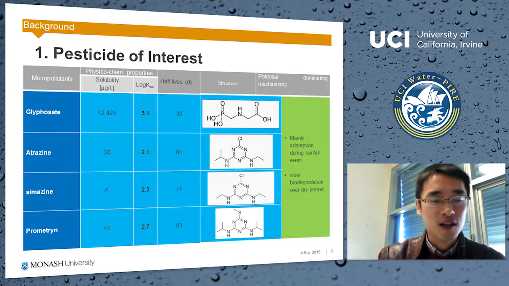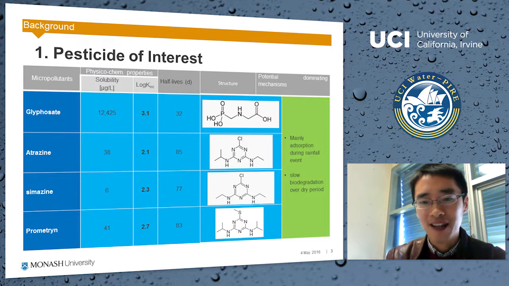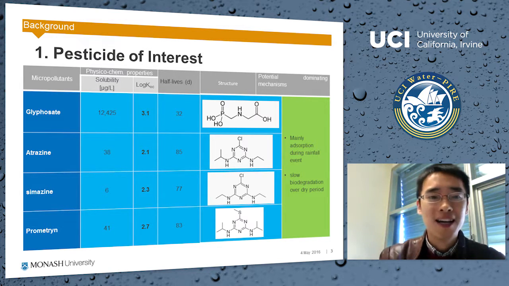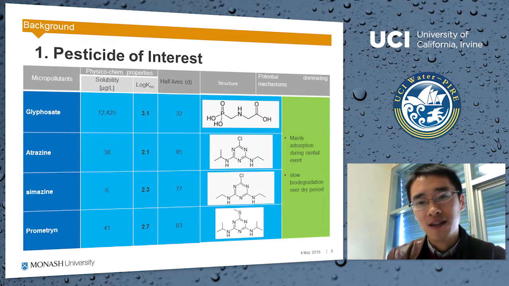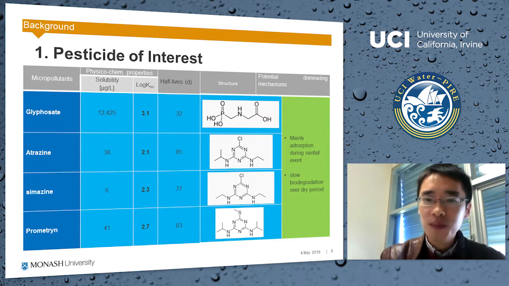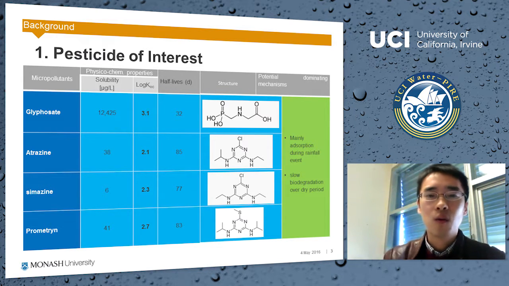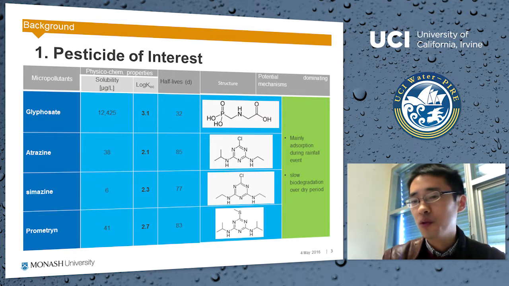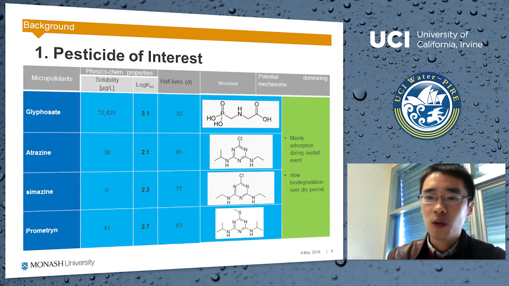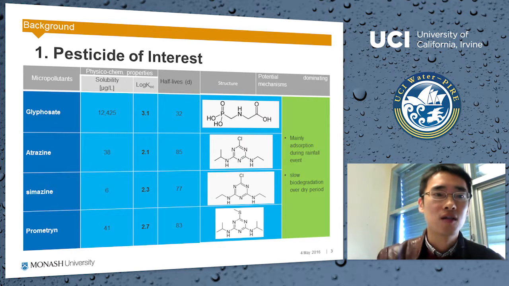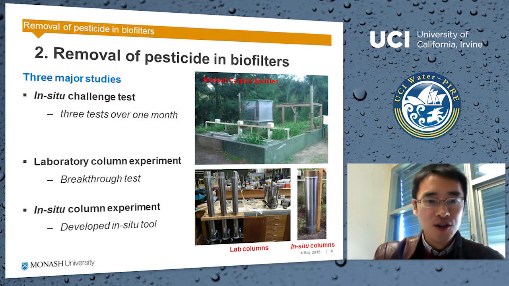Glyphosate is a bit different from the other three pesticides: it has less mobility and a lower biodegradation rate. We expect that in stormwater biofilters, the removal of this pesticide will be mainly through adsorption during the rainfall event, and there will also be slow biodegradation over the dry periods between the stormwater events. So, next slide,